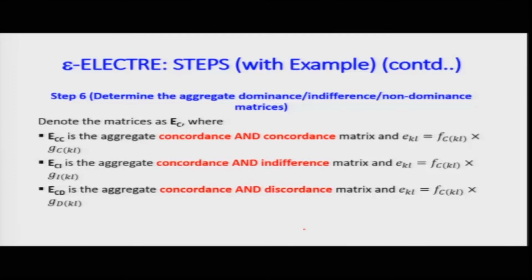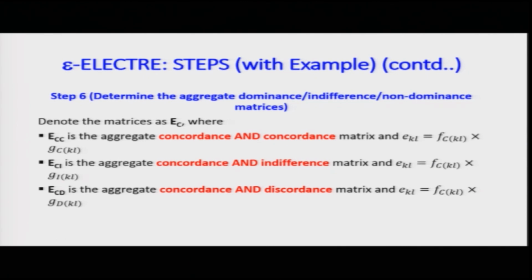I can multiply the corresponding cells of C with C, C with D, C with I. The next would be, in order to find out the ranking, then I compare I with C, I with I and I with D, and finally, I will compare the concept of D, D with C, D with I and D with D. So, once I have that, I will need to find out the E matrix. Only remember the subscripts. I have not gone into the detailed calculation. We need to find out ECC, that means concordance, ECI concordance and indifferent, ECD concordance and